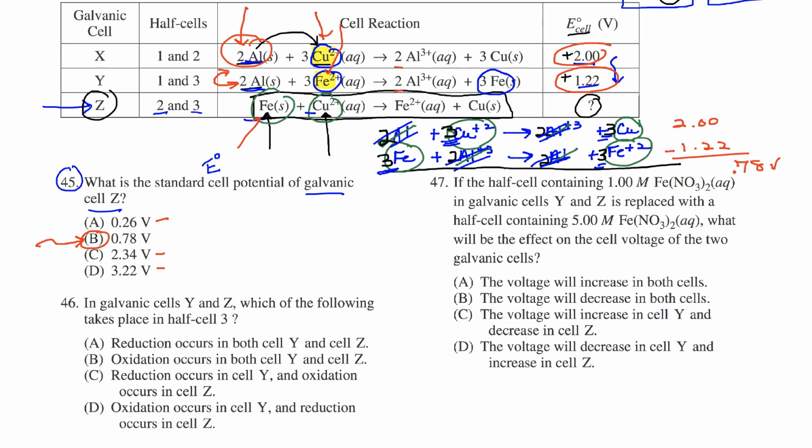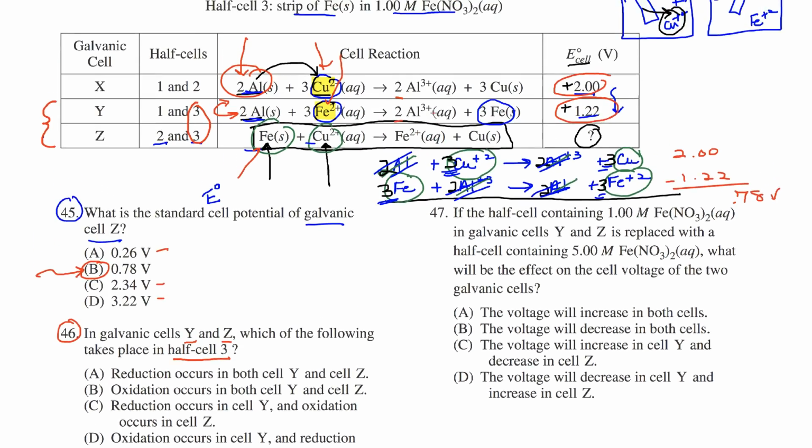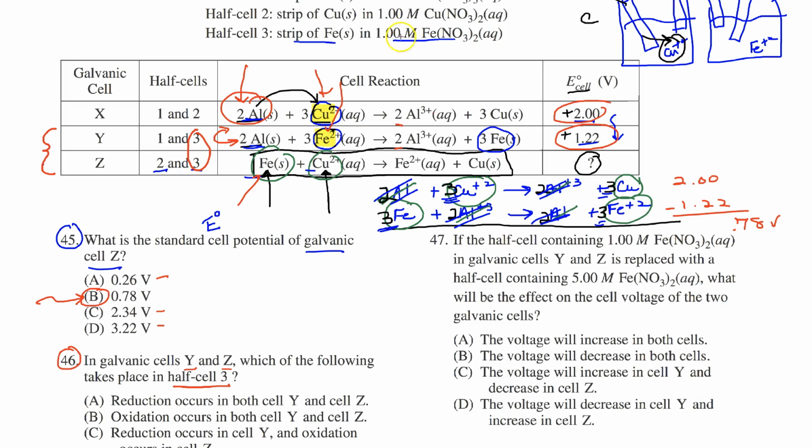On to 46. Okay, number 46. In galvanic cells Y and Z, so we're talking about these two galvanic cells, which of the following takes place in half cell 3? So they're both using half cell 3. If we're not sure what's happening, I know we have a lot of stuff going on here. In half cell 3, we've got the iron solid sitting in iron nitrate. All that means is I've got myself a half cell that's connected to the other half cell, and we have